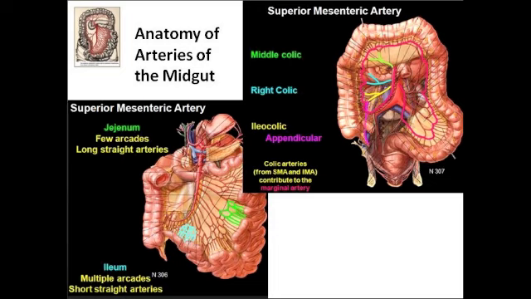The anterior and posterior inferior pancreaticoduodenal arteries anastomose with anterior and posterior superior pancreaticoduodenal arteries from the celiac trunk. The jejunal and ileal arteries also come off the SMA, forming anastomosing arcades that terminate in straight arteries, or the vasa recta. The colic arteries contribute to the marginal artery, and you'll see the middle colic artery, right colic artery,